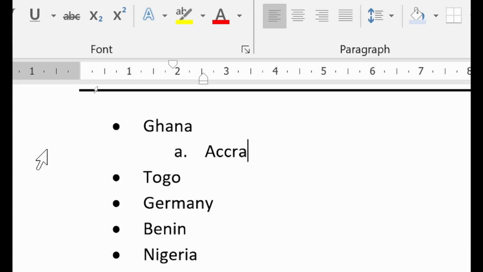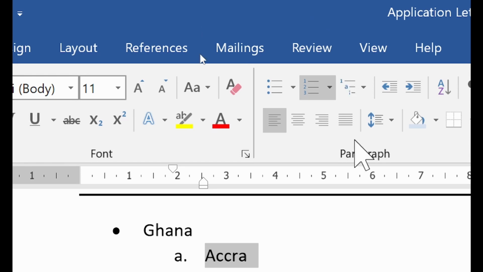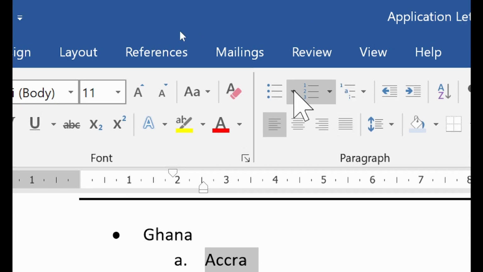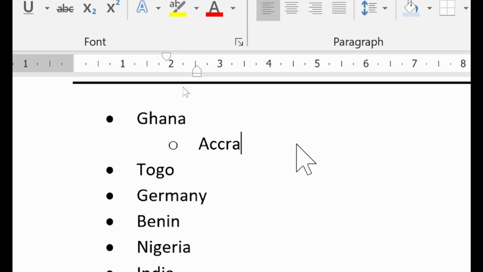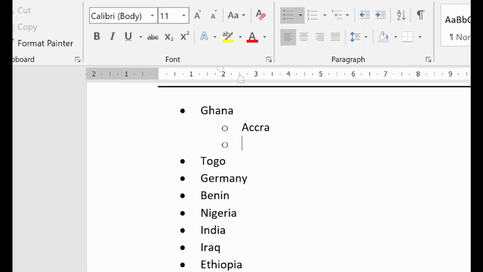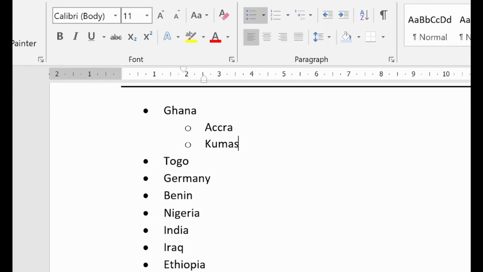So let me change it from a list. You see that it has moved to the numbering section. You can see numbering is shaded. Okay, so I want to come here. It was supposed to select this for me. Usually this is used for sub lists. So this is how it was supposed to look. Can you see this? So this is for a sub list. Let me continue. Accra, we have Kumasi, we have